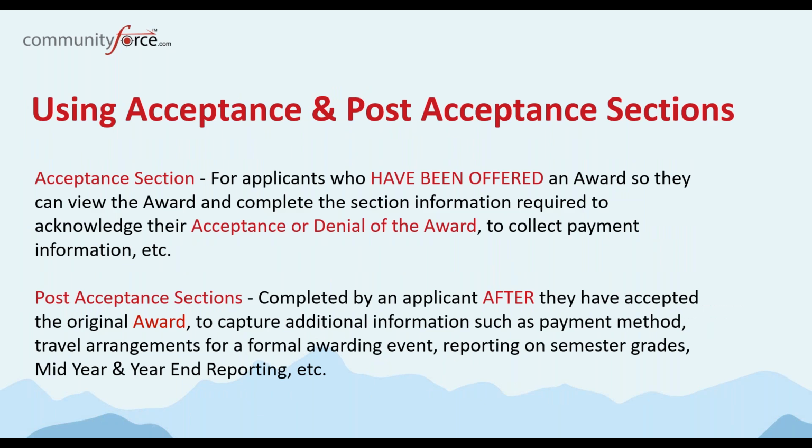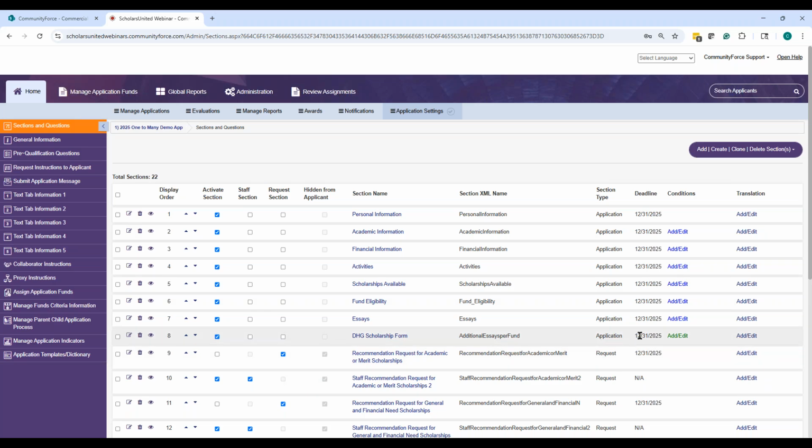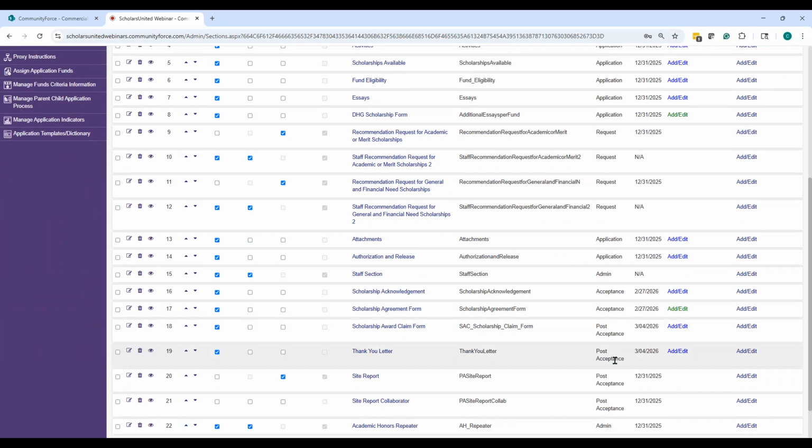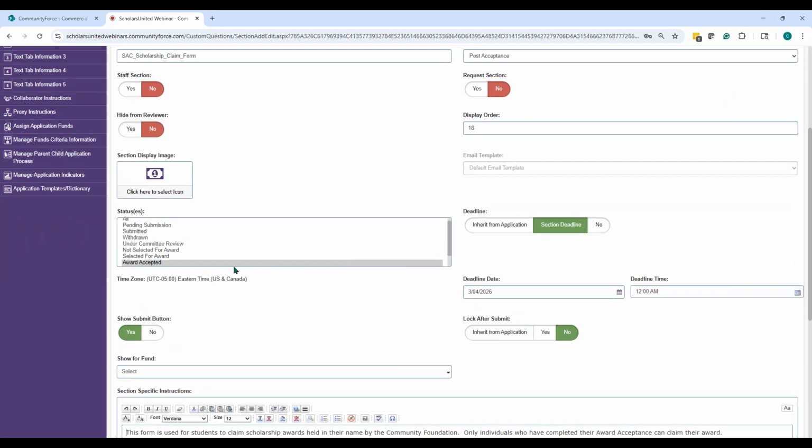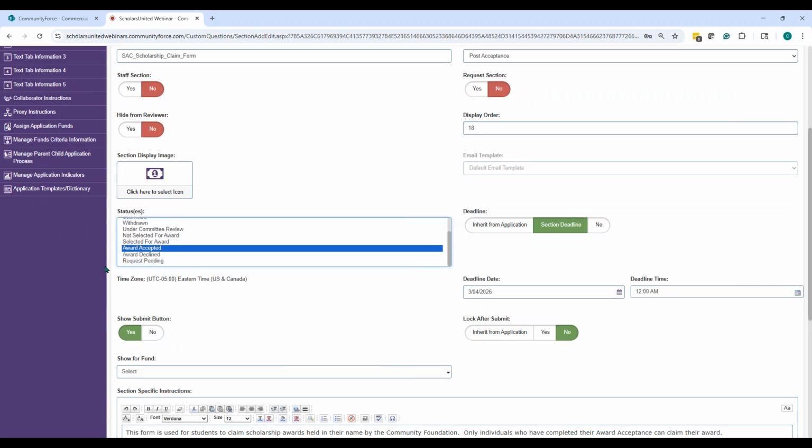It's going to be the same way as you build an acceptance section, but now over here when I build those, I no longer have selected for an award, because I don't want it to appear when they're selected for an award. I only want it to appear after they've accepted the award. So the only status I have it showing is once they get to award accepted. Now, award accepted is the last status that we have on our system.